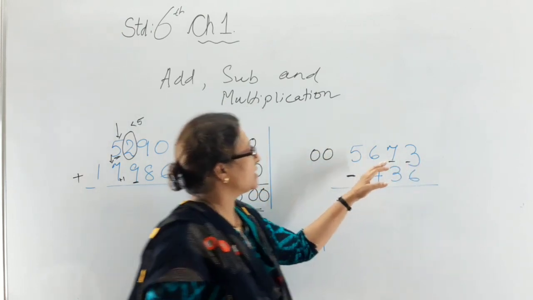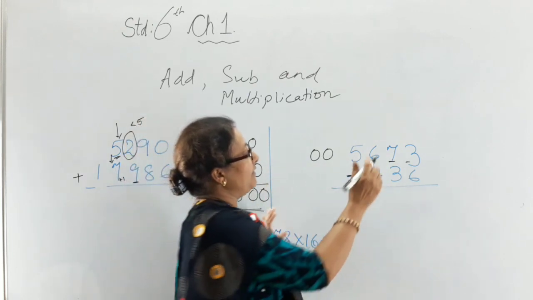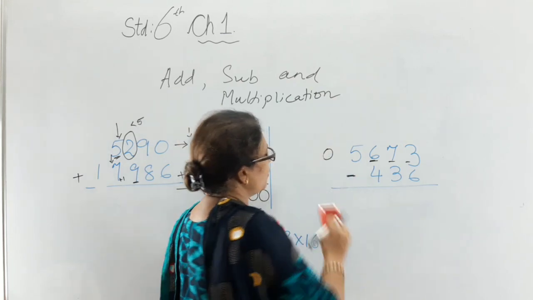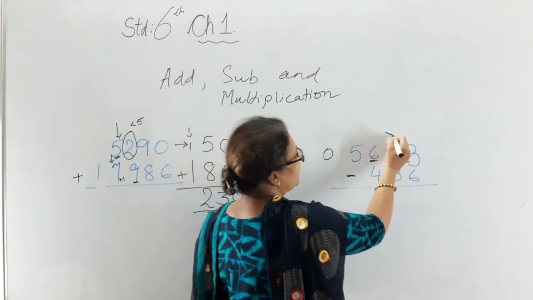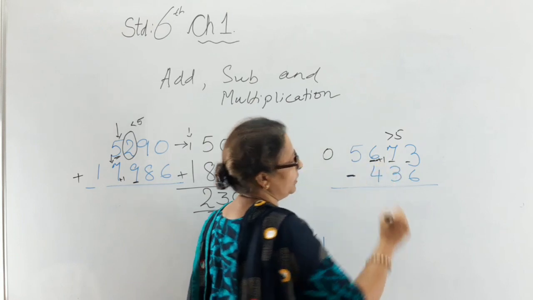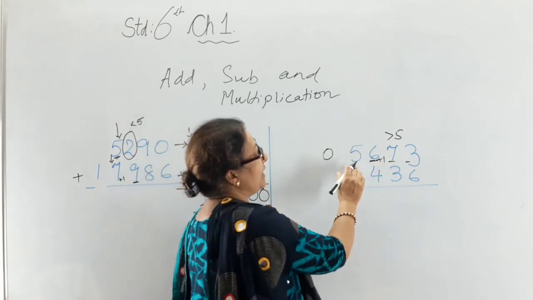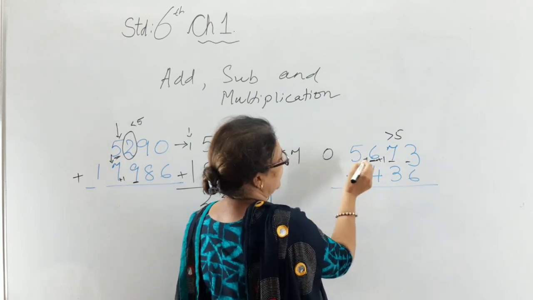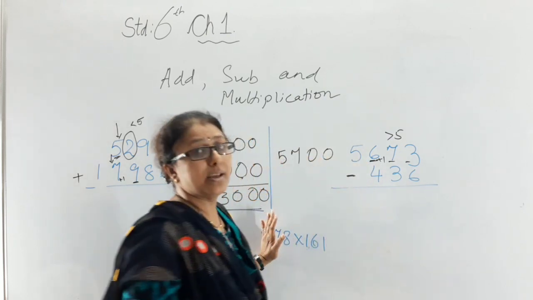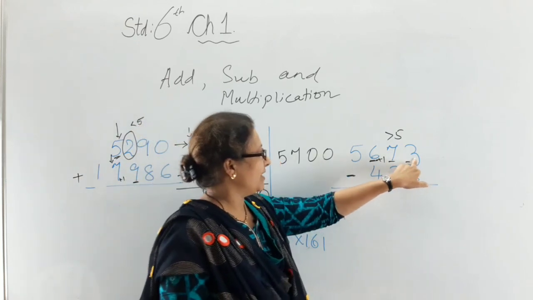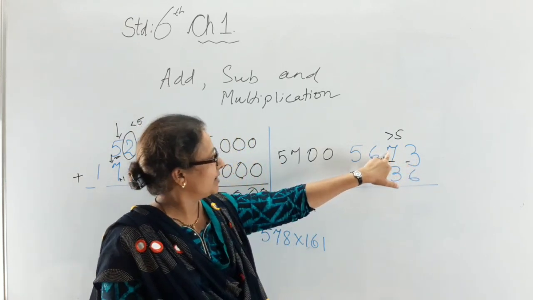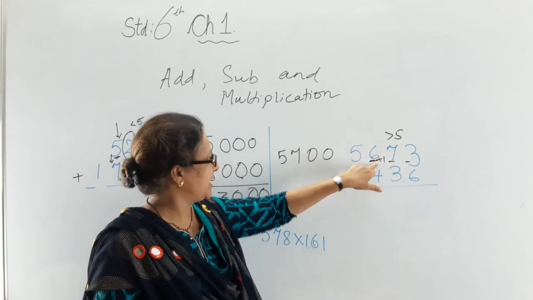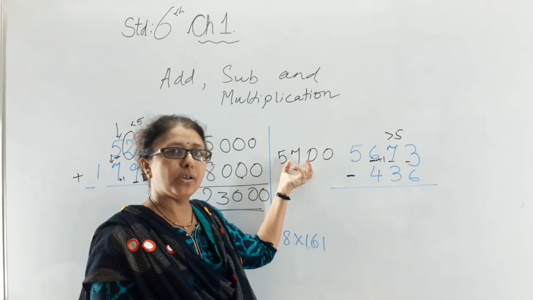But before converting to 0, what I will do, I will see the 7th number, right? So 7 is more than 5. So plus 1 over here. So now what will happen? 5, 7, 0, 0. 3 will get converted into 0. 7 will get converted into 0. And 6. As 7 is more than 5, we will add 1 to 6. So it will become 5, 7, 0, 0.